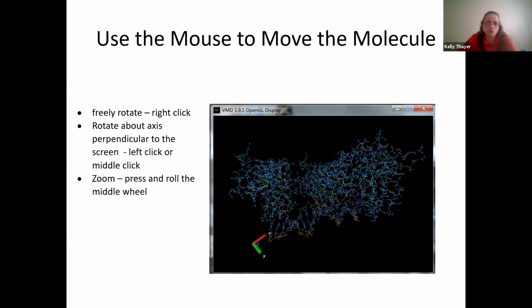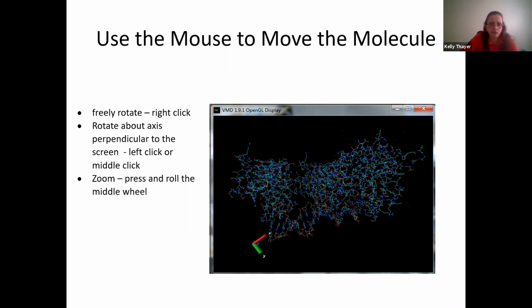You can use your mouse to move the molecule. To some extent, this may be mapped differently on your particular computer. It's really meant to be used with a mouse with the buttons on it. But if you have just one of those pads on your laptop, then that also generally can work just fine. You may need to experiment a little bit with how exactly they're mapped on your computer. So I've given you the typical setup, but if for whatever reason they're not working, what you can do is